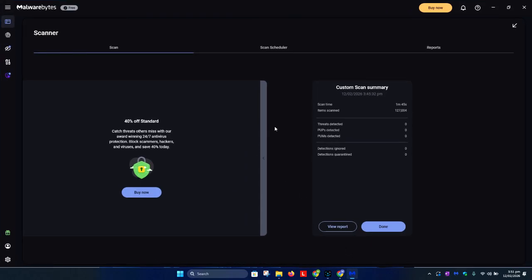So now that the scan is completed, if it has found any threat, it should say threat detected, shows you the number, and it should show you also the detections quarantined. And this is enough to clear the device from any kind of viruses, including trojan, including malwares, and also including